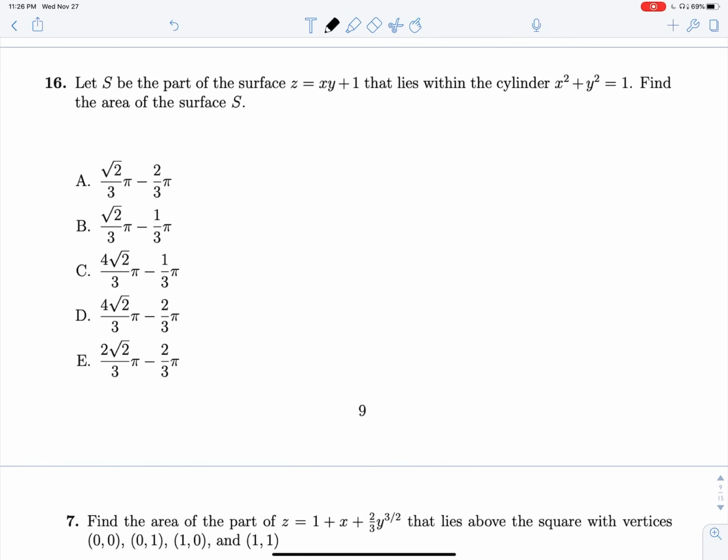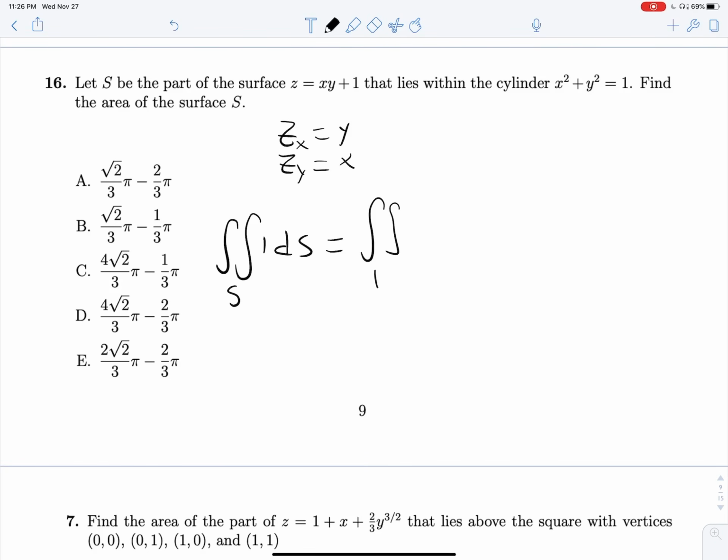Let's let S be the part of the surface z equals xy plus 1 that lies within the cylinder of radius 1, and let's find the area of the surface S. So pretty standard question, very similar to a lot of the other ones we found. We need a zx and a zy. This is just y, and this guy is just x. So we can replace our integral, which was originally the double integral over S of 1 dS,